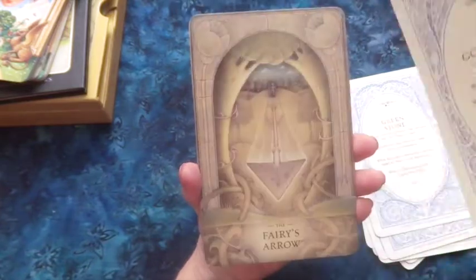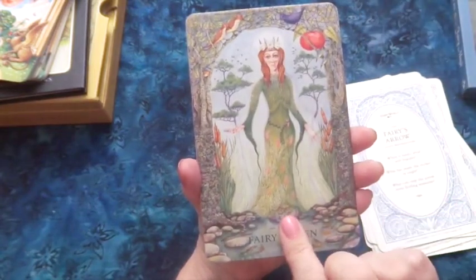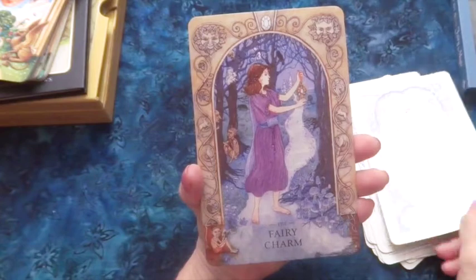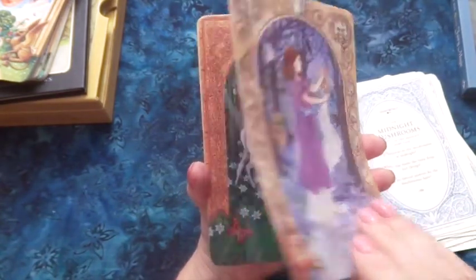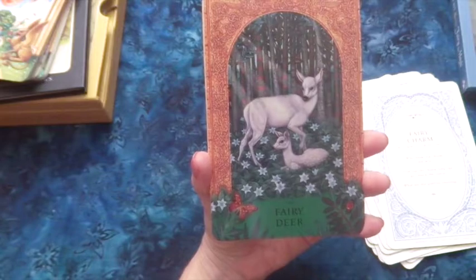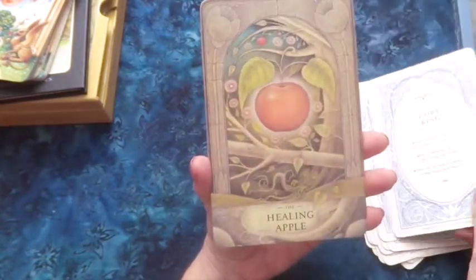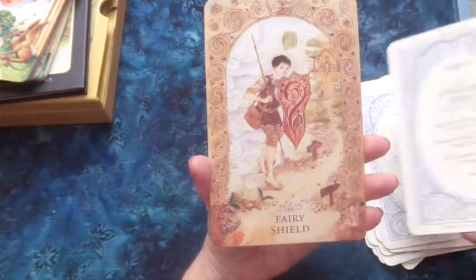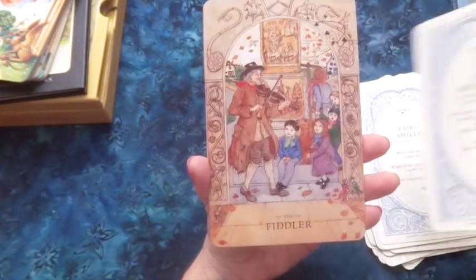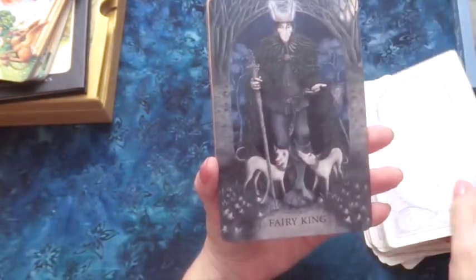But here we have the Fairy Godmother, the Fairy Arrow, the Fairy Queen, the Midnight Mushrooms, the Fairy Charm. And I apologize for my nails. I painted them last night and for whatever reason it just fell apart in one day. The Fairy Deer, the Fairy Ring, the Healing Apple, the Fairy Shield, the Fairy Messenger, the Fiddler, which kind of has that Pied Piper feel, the Fairy King,